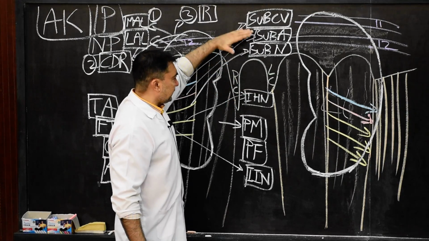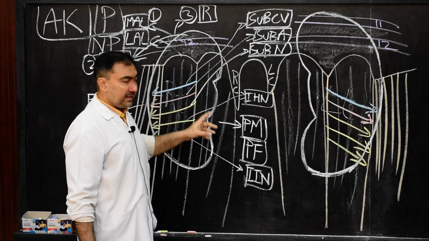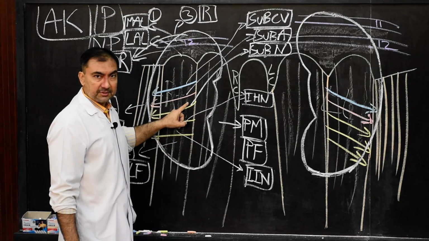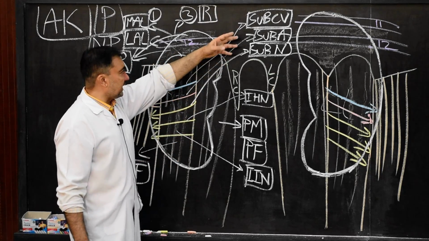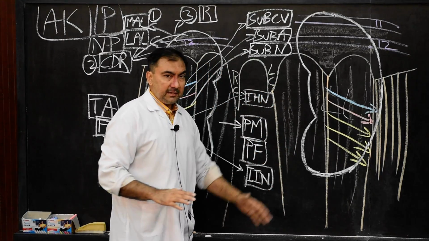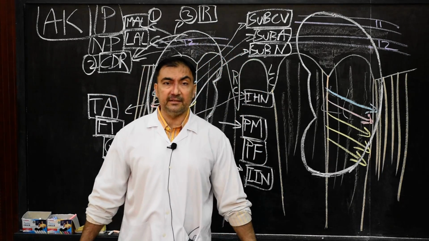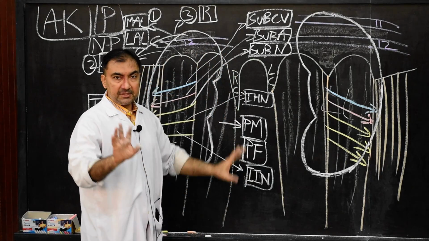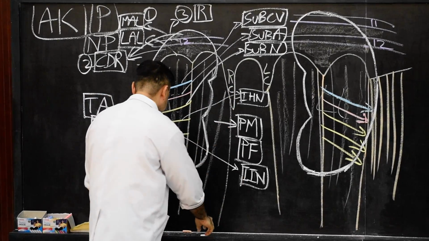The posterior surface of the kidneys we have divided into upper half and lower half. Lower half, the three muscles covered by their fascia and the structures, that is vein, artery, nerve, subcostal, and two nerves, iliohypogastric, ilioinguinal. In the upper half, three points we have remembered. So these are the posterior relations of both the kidneys, and remember the posterior surface of both the kidneys is totally non-peritoneal, but they are related with all these structures. Now we come to applied anatomy of the posterior surface.